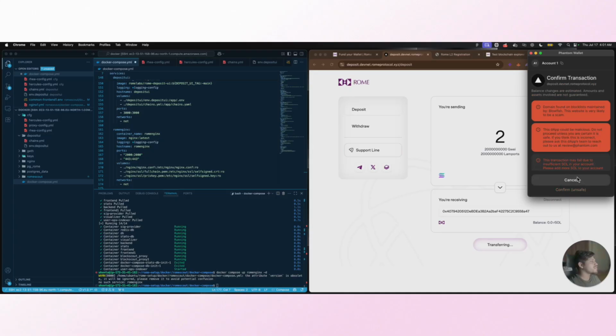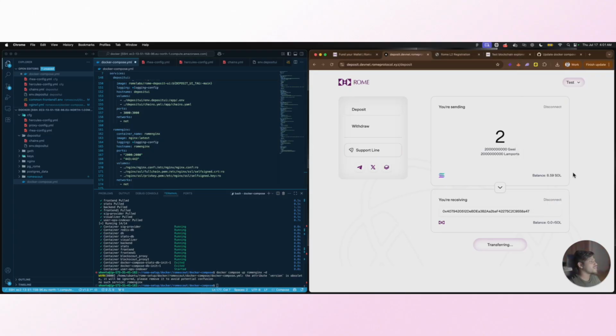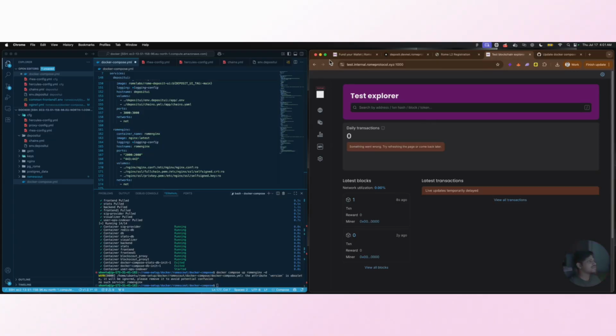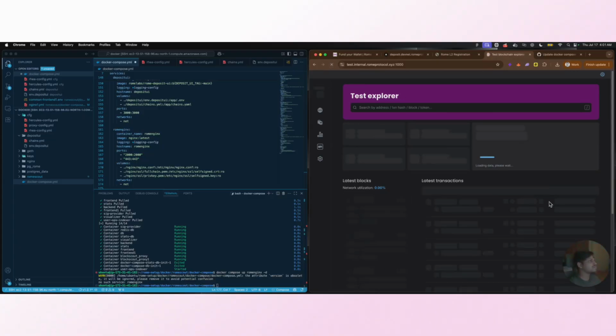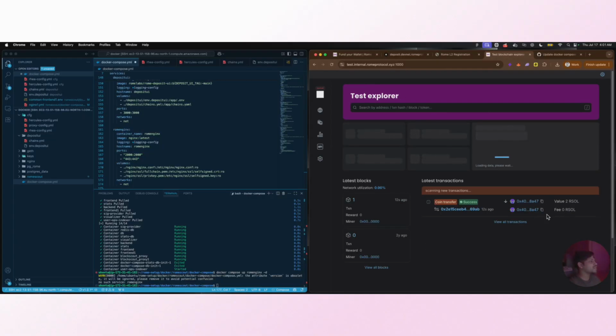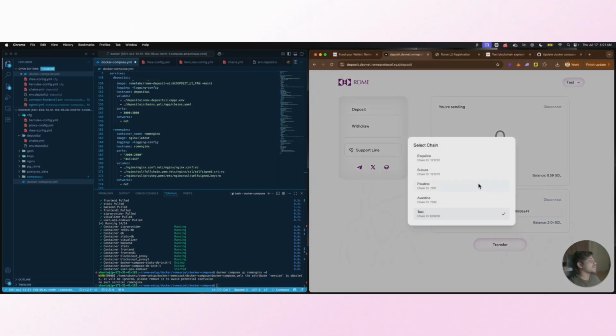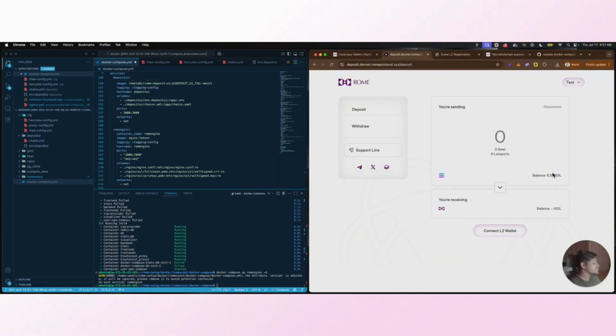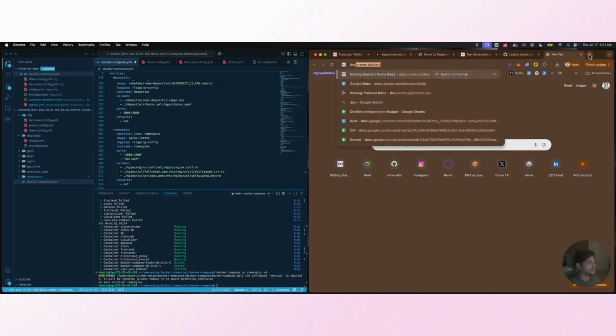So just confirm this anyway. Confirm. This will be transferred, and you can see this transaction in the Explorer as well. Yep, now you see that we have done a transaction. See that here. Now let's do a transaction